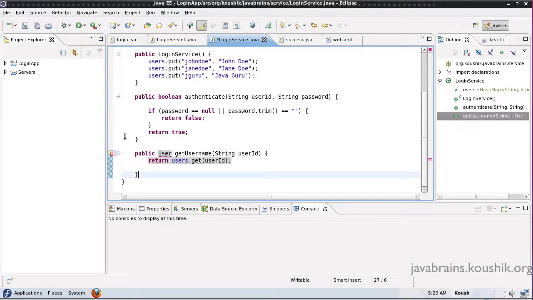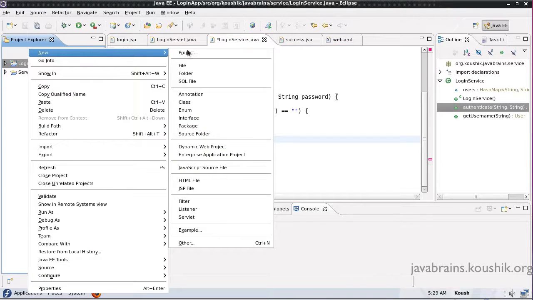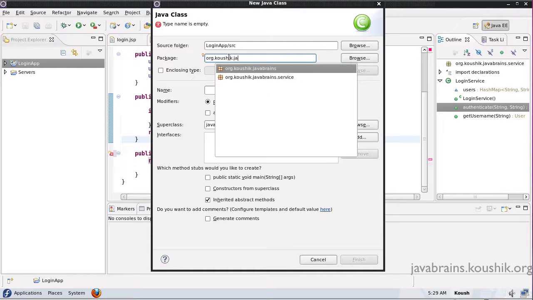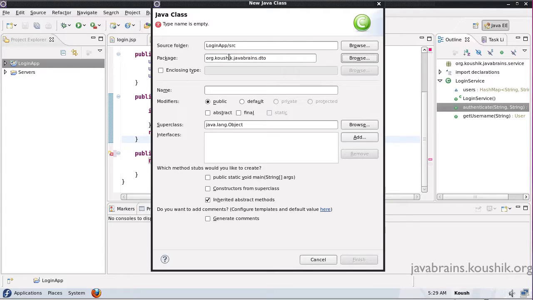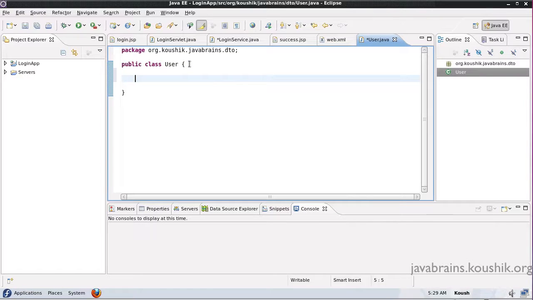Now I need to create this user object. I need to create this class. Now let me create the class here. Again, right click, new class. I'll call this the DTO, and I'll explain what that means in a minute. User, finish. Now this user could have a